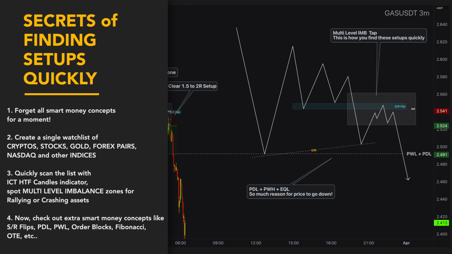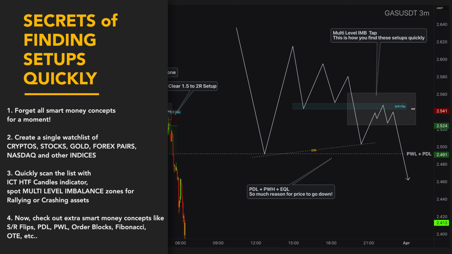Third, with our ICT high time frame indicator, quickly scan them. Spot rallying or crashing assets. But more importantly, spot the multi-level imbalance zones. Just the way I teach it. This is the secret. Once you spot the multi-level areas, then you shall check out the market structure and targets